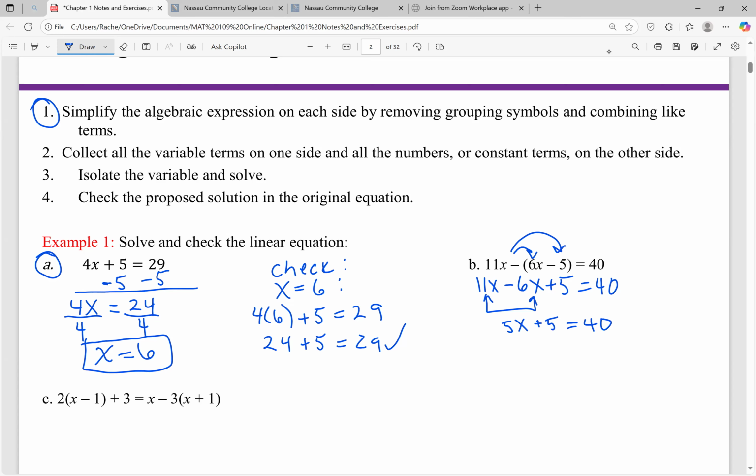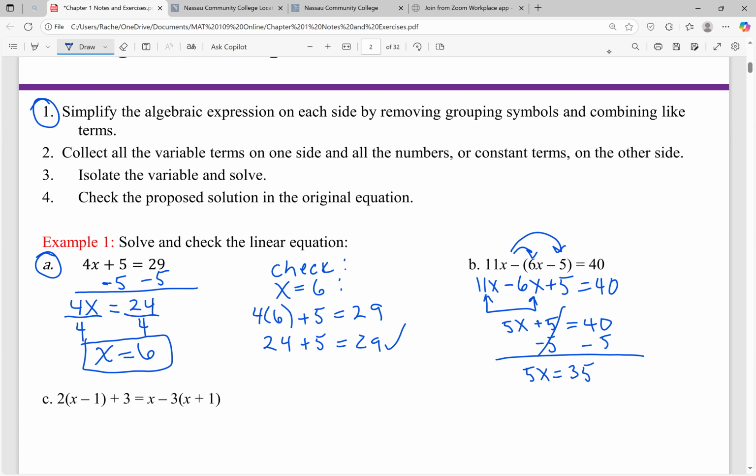Now do what we did before in part A. Gather the constants to one side of the equation and gather the variable terms to one side of the equation. I only have one variable term, a 5x. So I'm going to bring the 5, the constant, to the right-hand side by subtraction, because a positive 5 and a negative 5 would be 0, which is what I want because I only want 5x on the left-hand side. But then I have to subtract 5 on the other side of the equation to keep this balanced. So we're going to end up with 5x equals 35,